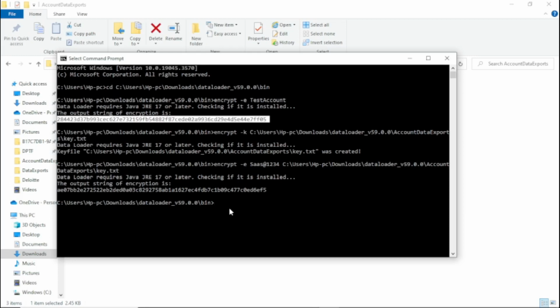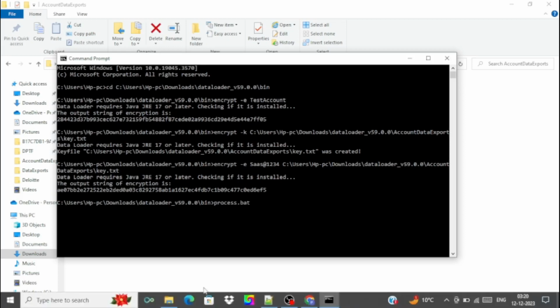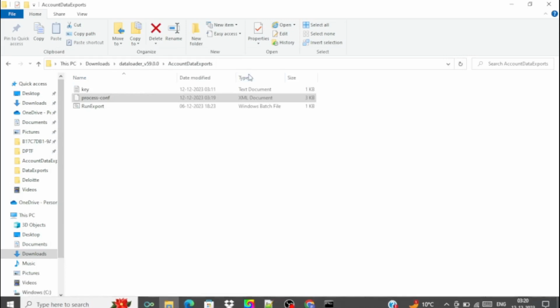So I'm just showing you through the command line first, then we will move to the other way. So we have process.bat, then you just need to pass the path of the file,